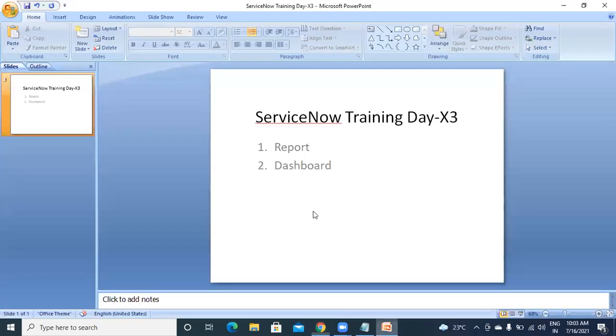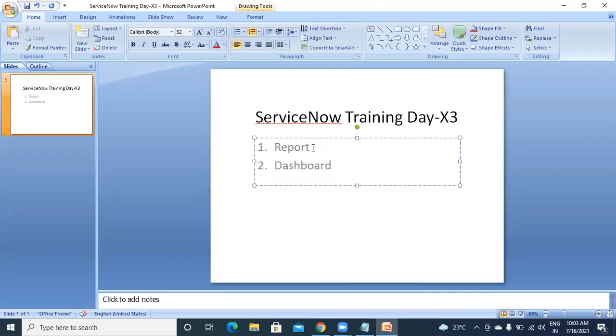So for normal reporting, if we have any table like the incident table, problem table, or change table, and your management asks you to create reports on that, like reports which are created today, or in this month, or in the last few days, or incidents which are about to get breached, having already crossed 80%, in such cases they will be asking you for reports.